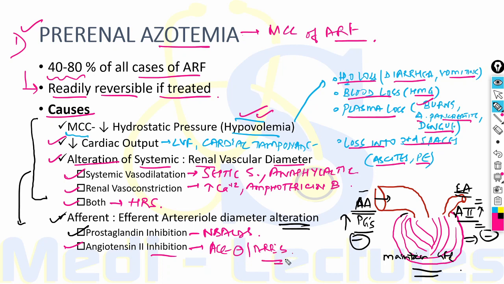So, this is the reason why patients with bilateral renal artery stenosis, or stenosis in a solitary kidney, who are dependent on angiotensin II for the constriction of the efferent arteriole and are maintaining GFR somehow, ACE inhibitors and ARBs are contraindicated in such patients. This will lead to dilatation of the efferent arteriole and complete shutdown of the kidney function.